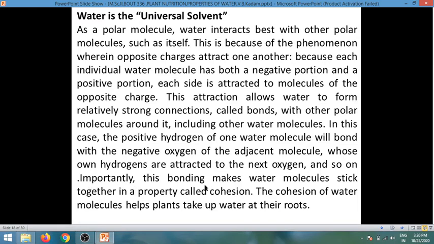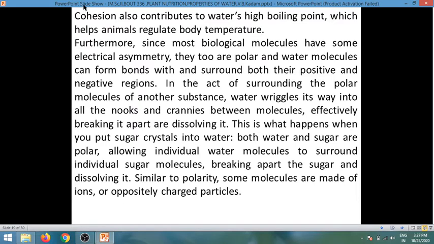Importantly, this bonding makes water molecules stick together in a property called cohesion. The cohesion of water molecules helps plants take up water at their roots. Cohesion also contributes to water's high boiling point, which helps animals regulate body temperatures. Furthermore,